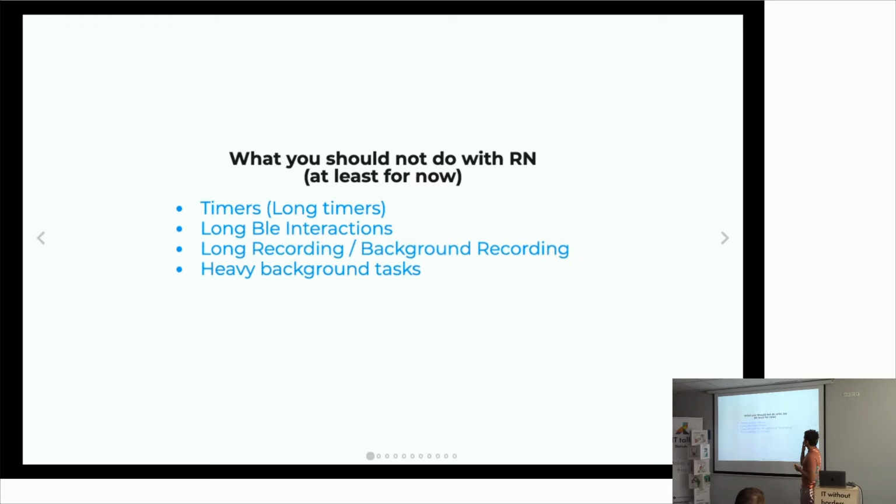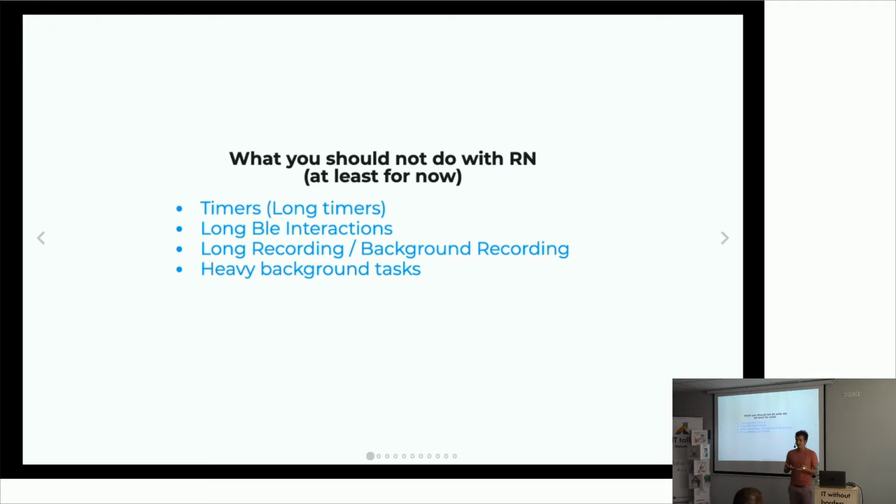These 3 items are actually different, but they expose the same idea. You can't or you shouldn't do heavy things in the background with React Native. Or actually, you shouldn't do it on mobile, because that is how all things in the background are organized on mobile.